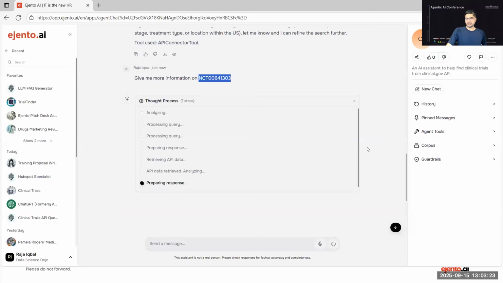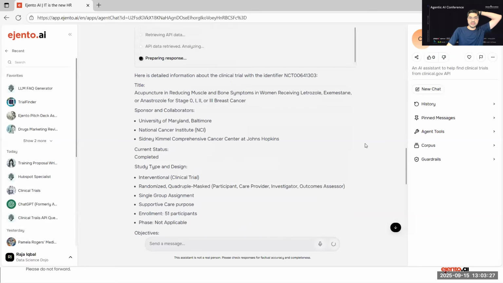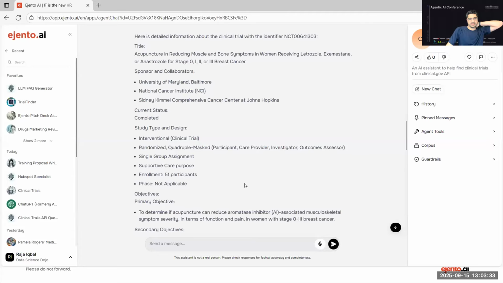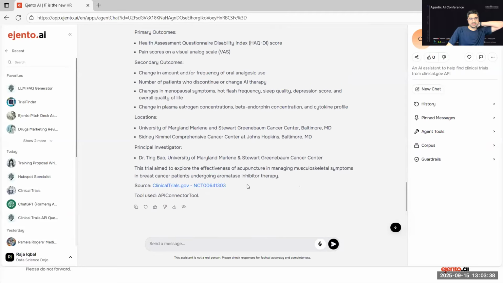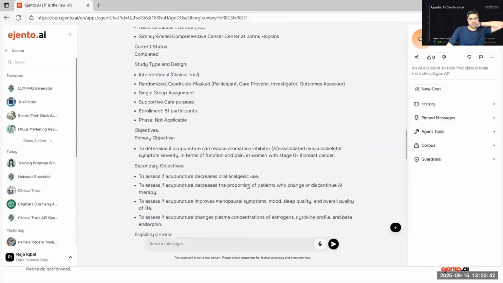And this is in reflection mode, so that's why it is taking a lot of time. Okay, so it is giving me more details, right? So University of Maryland, NCI, giving me all the details. I can look at it here.